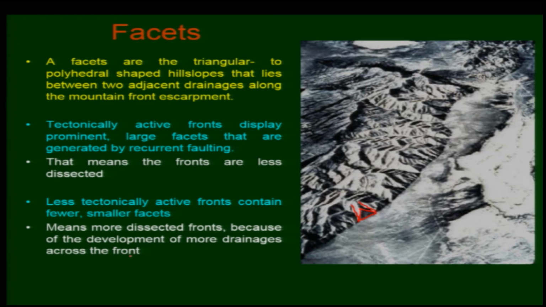So in such areas you will mostly have more dissected fronts. You will not have very distinct and sharp fronts in an inactive area. So these are the two comparisons which you can do with the mountain front sinuosity and the